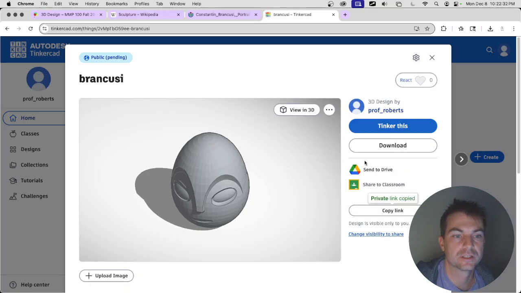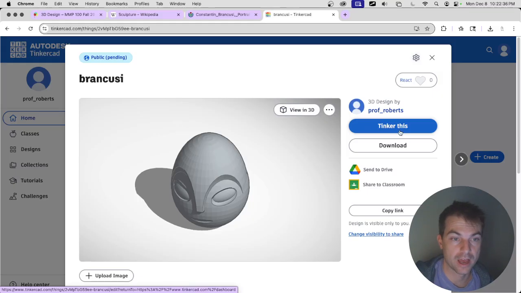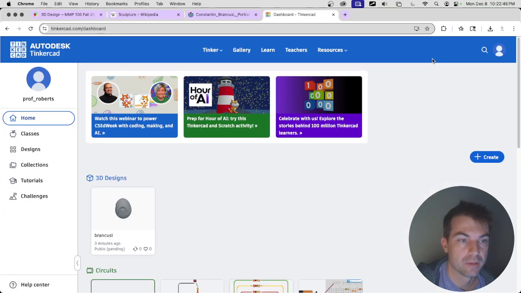So you would copy this link, and people who have that link can open your file and click on Tinker this, and it'll still show that you were the creator of it, but other people will be able to remix it and make other things with it. So it's a nice sharing mechanism. Okay, so we'll come back in a moment and see if it's ready, but for now, let's go ahead and